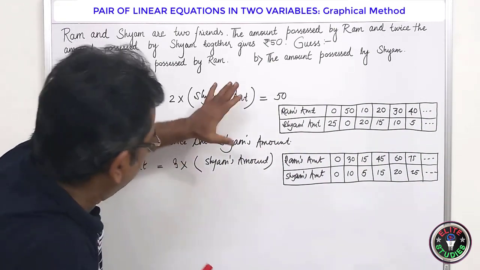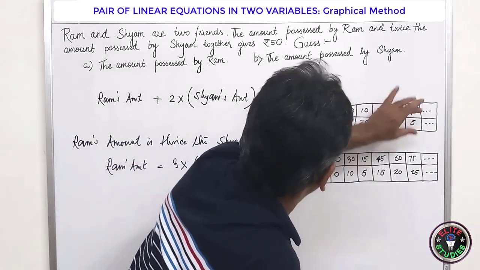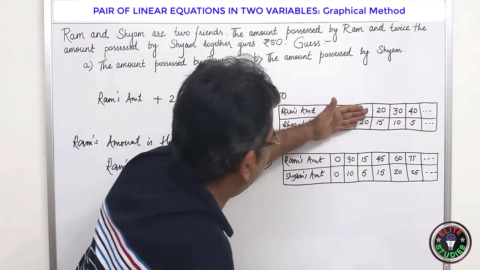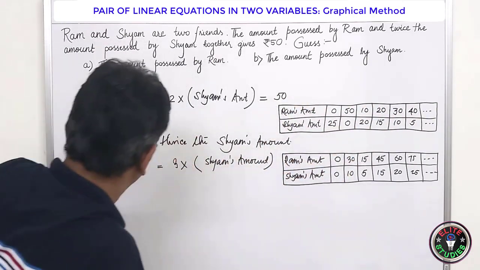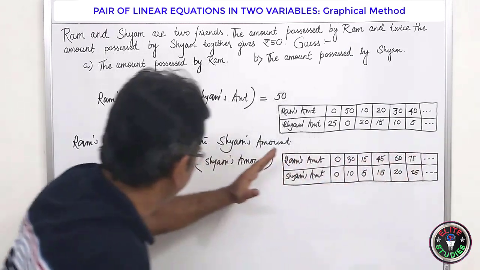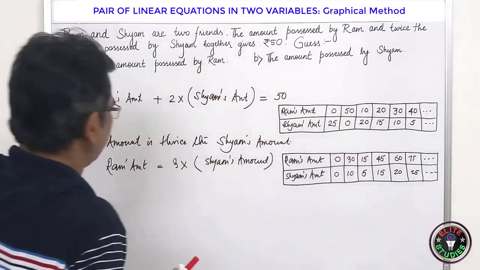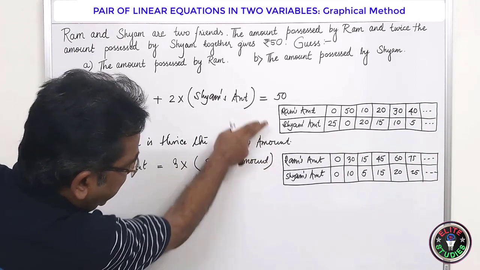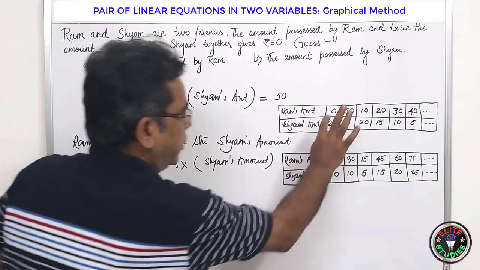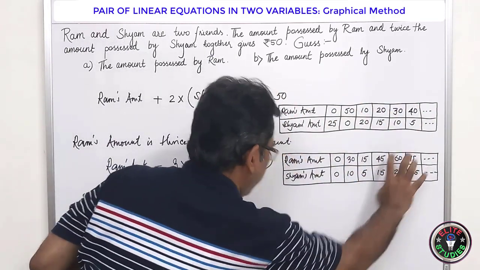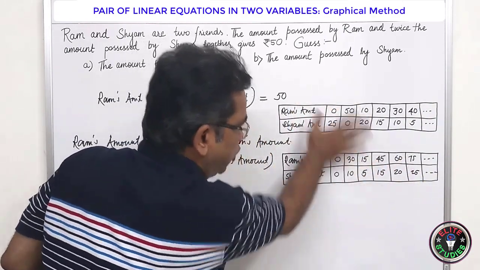Now if you see these two conditions, this pair of values will satisfy this condition because we have derived this pair of values from here only. Here we have derived these values from this condition. So all these pairs of values are going to satisfy this equation. If you look at both of these tables, which is the common thing? This will satisfy this, and this will satisfy this. So we have to find such a pair of points which is common to both.